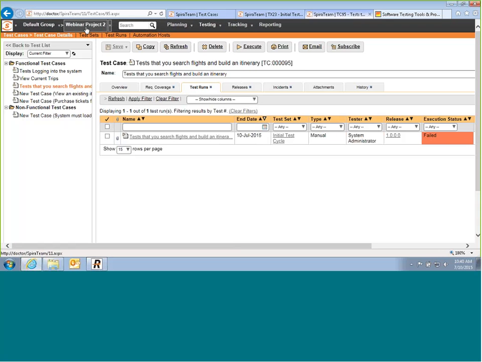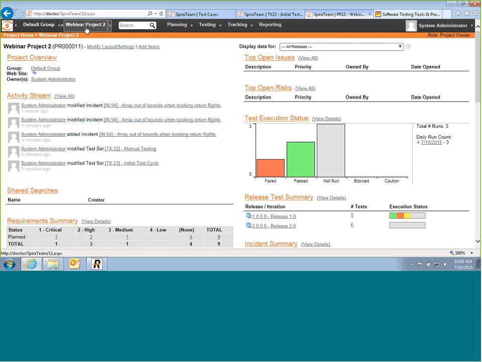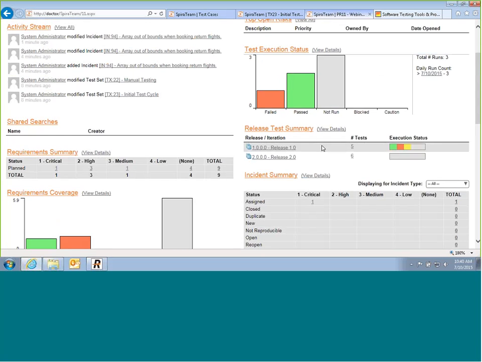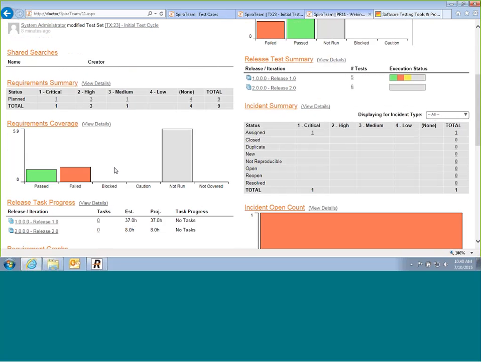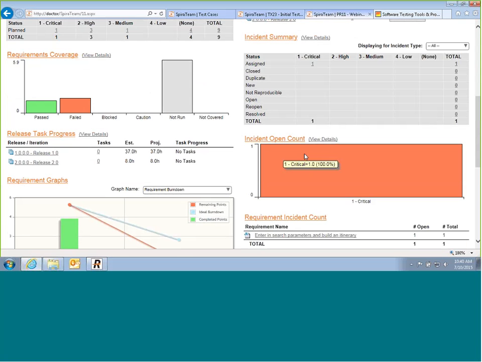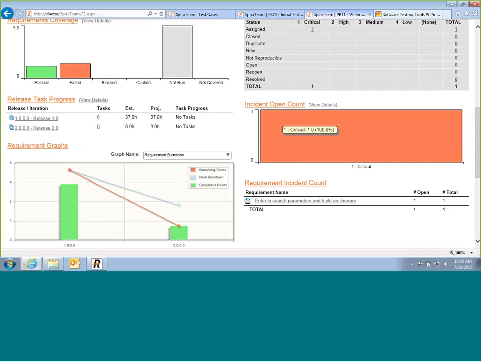And now if we go back to the project homepage, we'll see the changes that have happened. We'll see that we now have a test status, 1 failed, 2 passed, 3 not run. We'll see also here the requirements coverage. And the defect open count, which is just 1 defect. So it's a big block of 1. And you'll see also we have a requirement listed with the defect now as well. And if we click on that requirement,